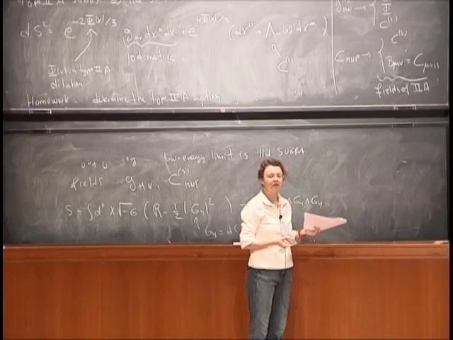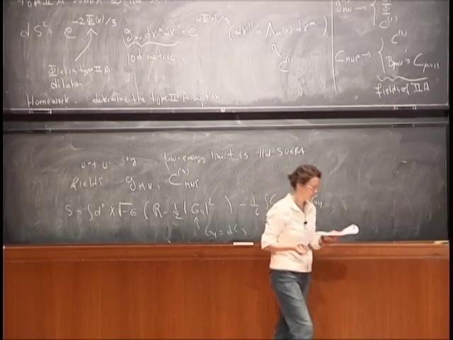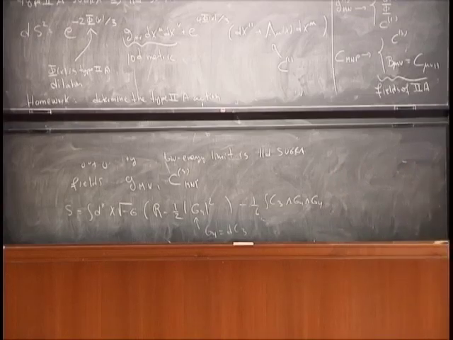If you forget about the 3 form for the time being, then basically what you are left with on the type 2A side is just the G, the phi, and the C1. Is there an intuitive way to see why two of the NS sector fields and one of the RR sector fields come together to give you this pure geometry? Well,